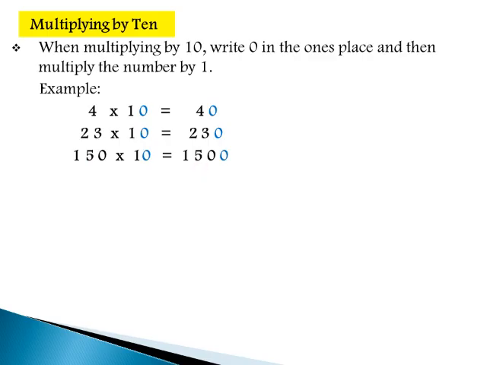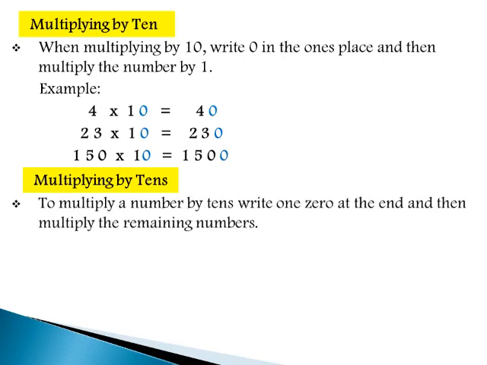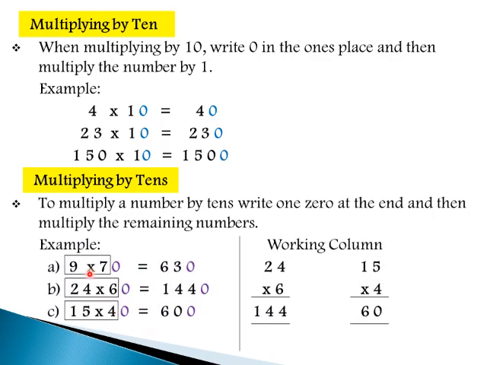Next, multiplying by tens, that is multiplying by its multiples like 20, 30, 40, 50, 60, 70, 80, 90. To multiply a number by tens, write 0 at the end and then multiply the remaining numbers. Example, 9 times 70. First multiply 9 into 7 equals 63 and put a 0 at the end. So the answer is 630. In the same way,